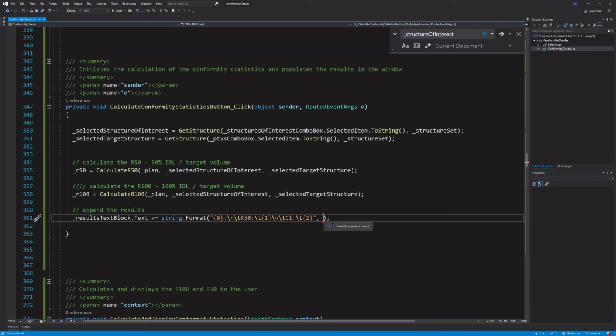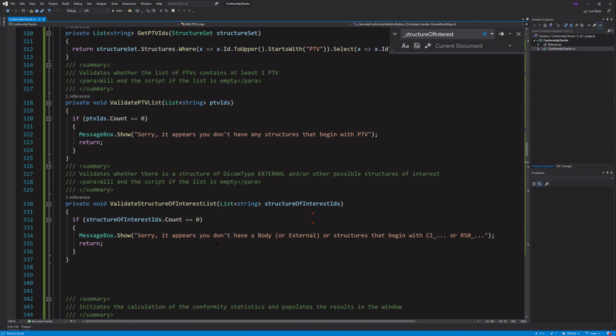Okay, and so we want the structure ID, right? So the selected target structure, that's the structure.id, okay? And then that's the first placeholder, and then the second placeholder is the R50. So now we want the R50, and then we want the R100, okay? And let's go ahead and give it a new line, okay? That way it'll go down to the next line for the next time that we run it. All right, so